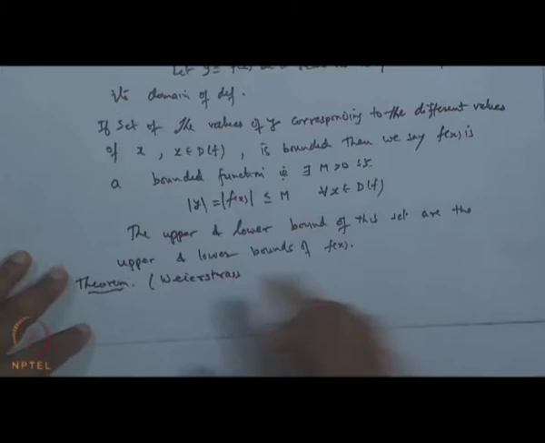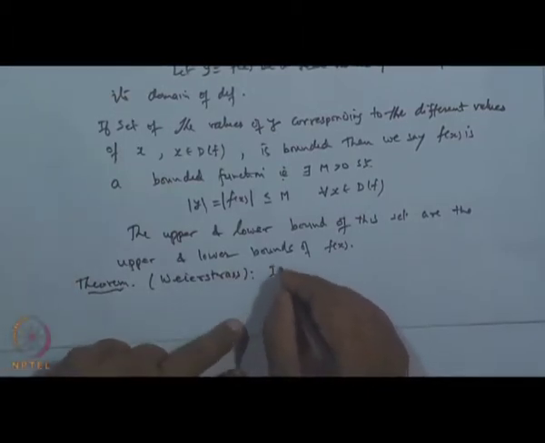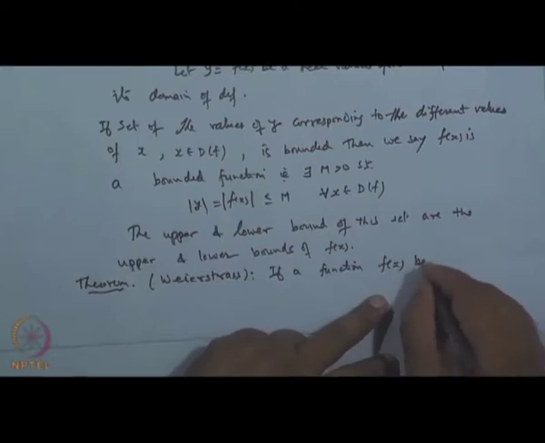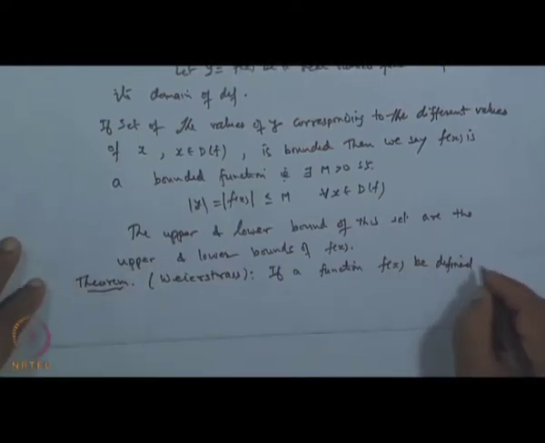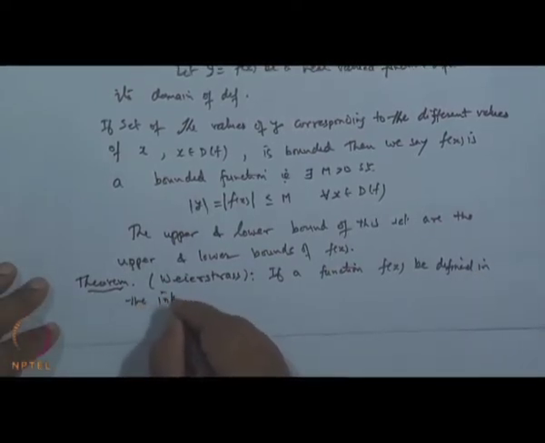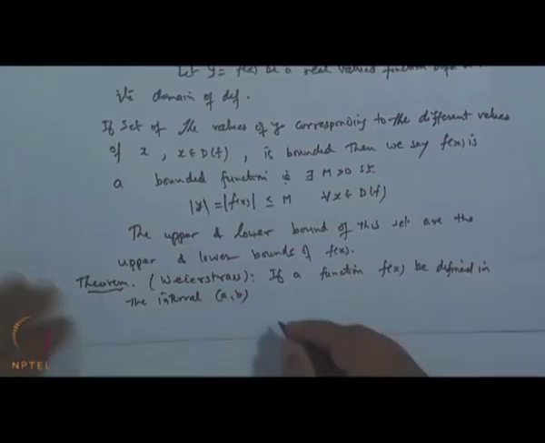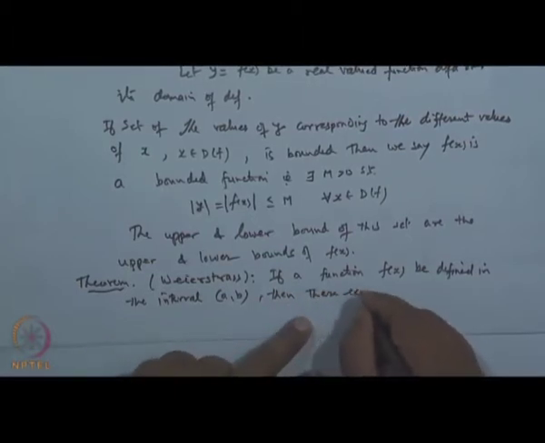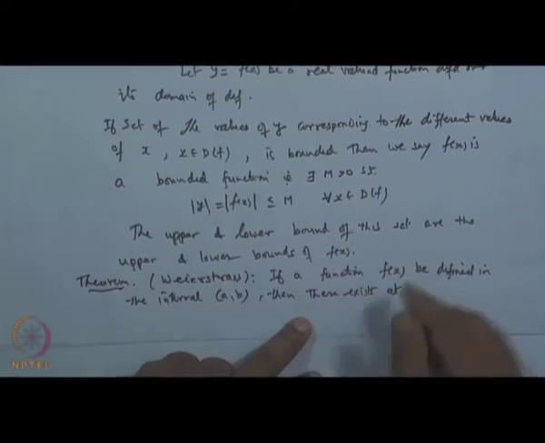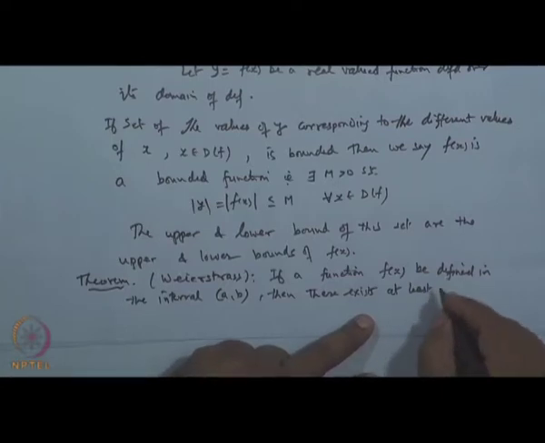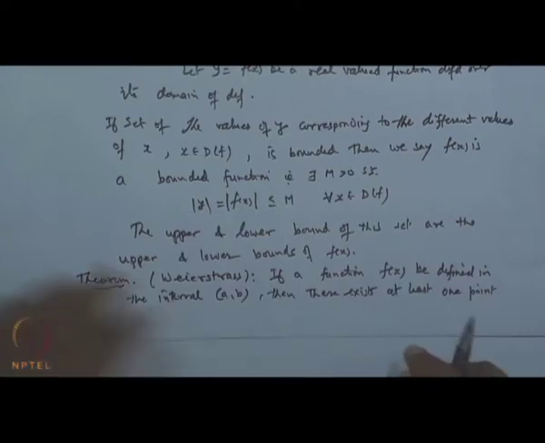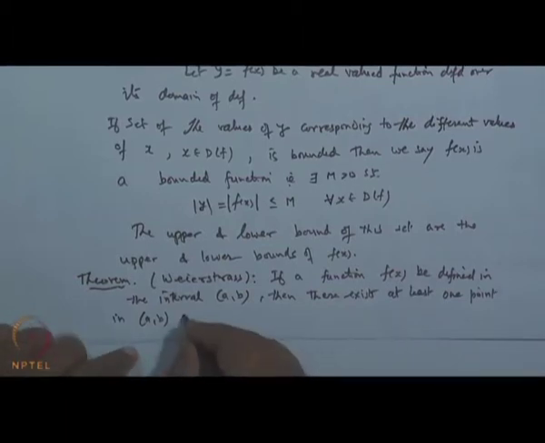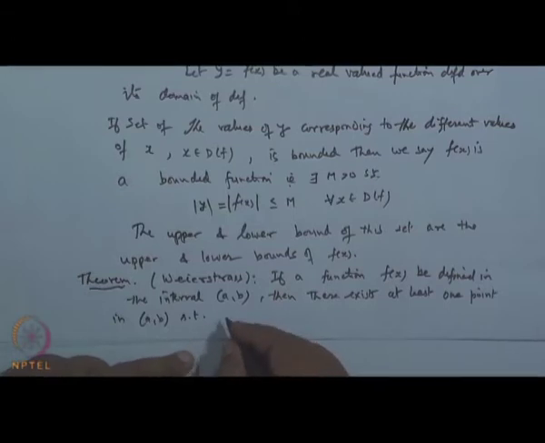The theorem says, if a function f(x) is defined in the interval (a, b), open interval (a, b), then there exists at least one point in the interval (a, b) such that in an arbitrary small